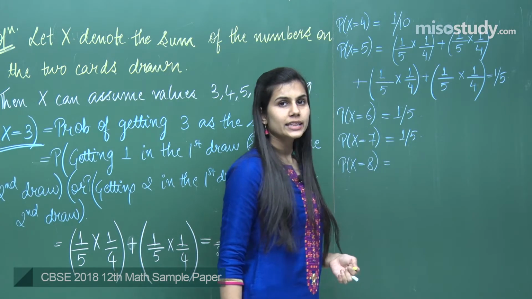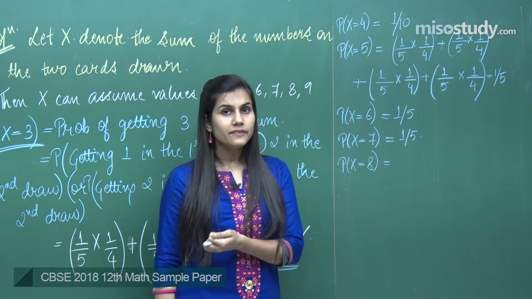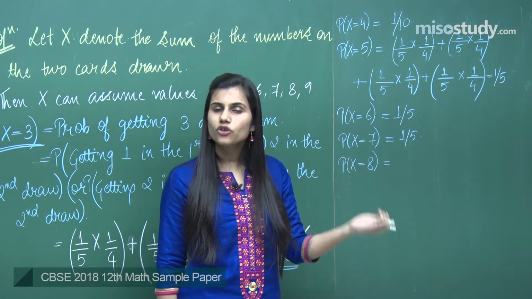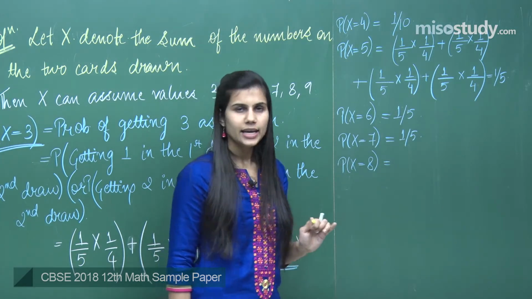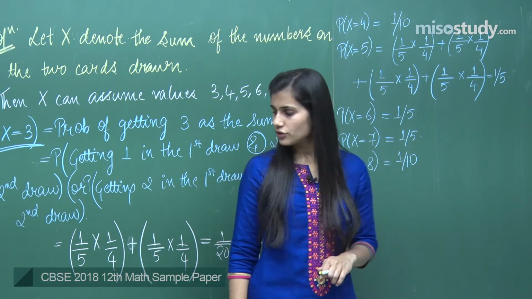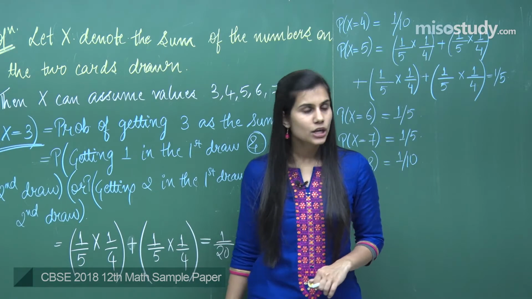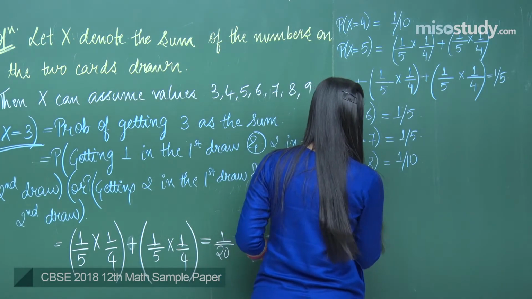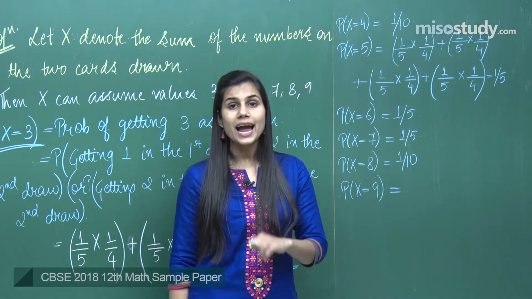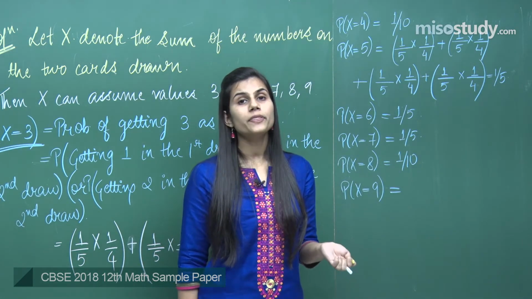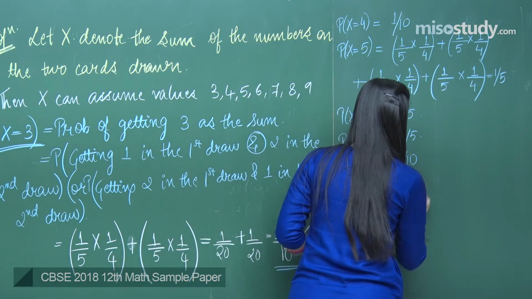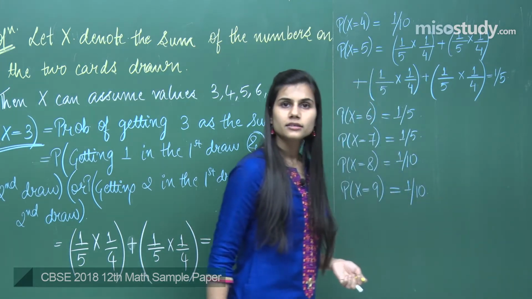What is the probability of getting the sum equals 8? 5 in the first draw, 3 in the second draw, or 3 in the first draw, 5 in the second draw. That is it. And therefore, I am going to get a 1 by 10 because it resembles this particular expression. So, next is the probability of x equals 9, 5 in the first draw and 4 in the second draw, or 4 in the first draw and 5 in the second draw. That's it. So, again you are going to get a 1 by 10. Thus,